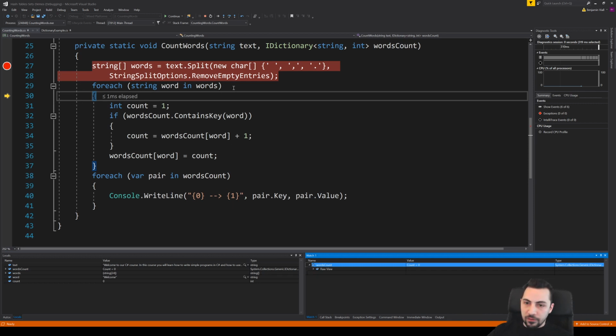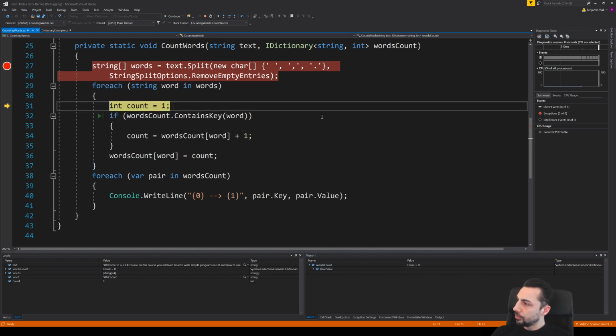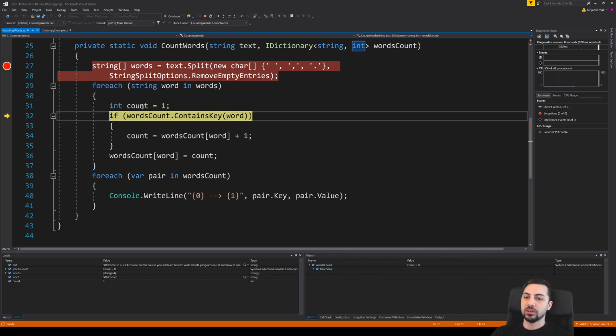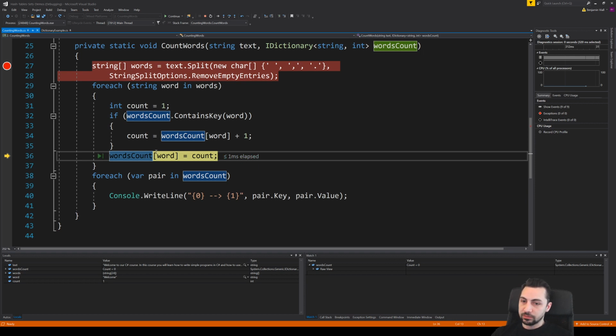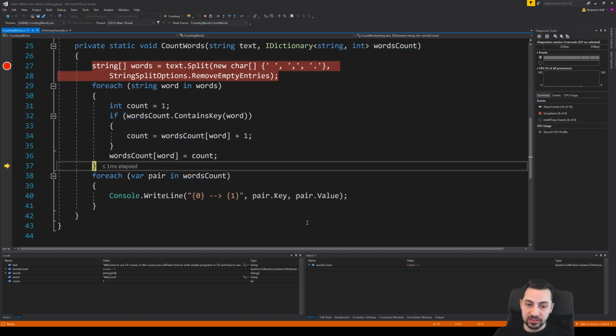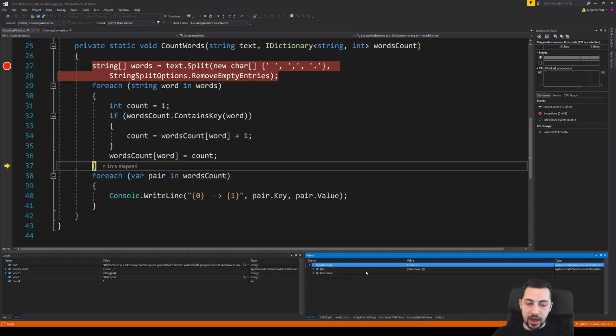But the first time through the loop, we're going to say, okay, assume that the count is 1. And then we check to see if word count contains welcome, which it does not. So what we're going to do here is write to the key welcome, and put 1 in as the data. We saw from the previous demo that even though it doesn't exist currently, we can do that. It adds it as a side effect. So now word count does have an entry for welcome with an item 1.